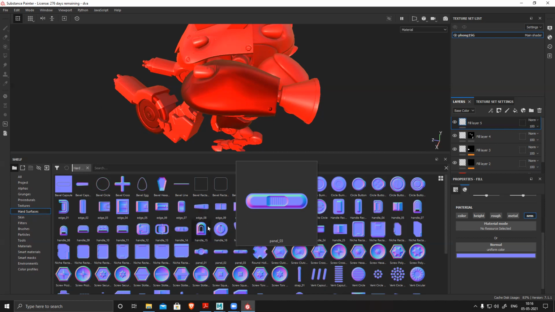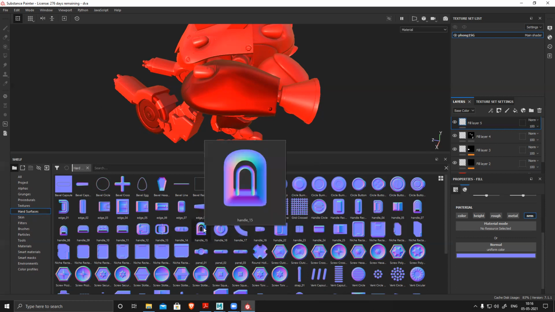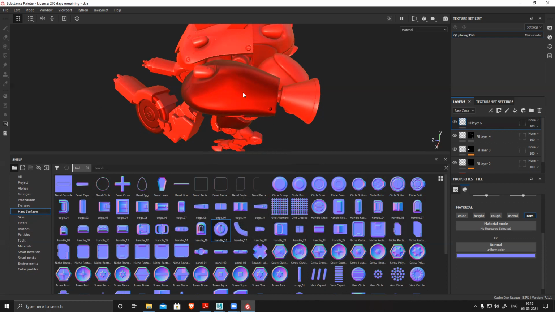If you rotate it, the color and everything will change according to the rotation, and then we can apply this. Suppose I have this one, and I click it, but I still cannot paint.